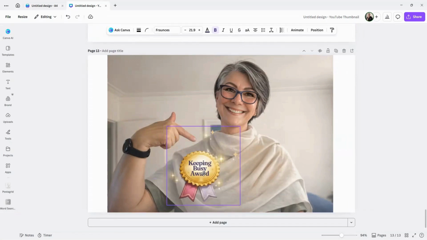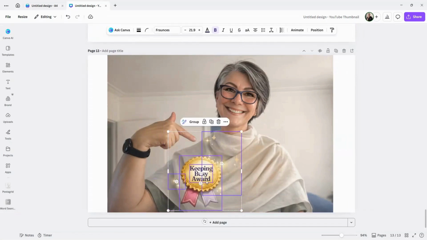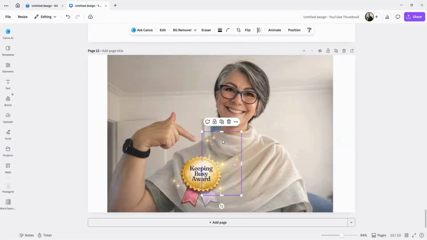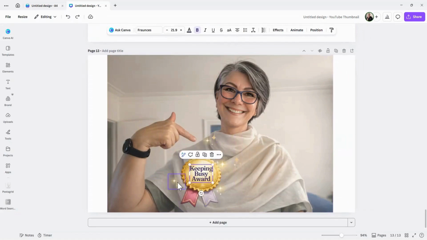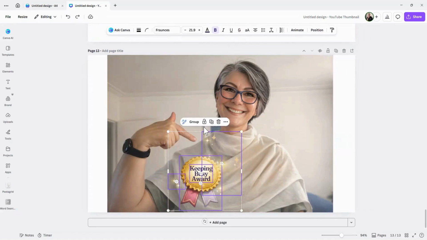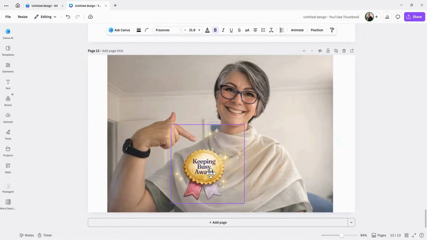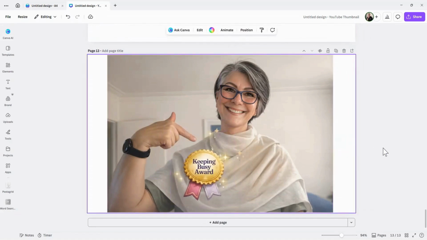And we just simply move this back, ungroup it, and maybe just move the stars a little bit. You can't really move it because I don't want the stars to be in front of the hand. So we'll leave it where it was. And we'll just select everything again, group it, and position it. And there we have it.